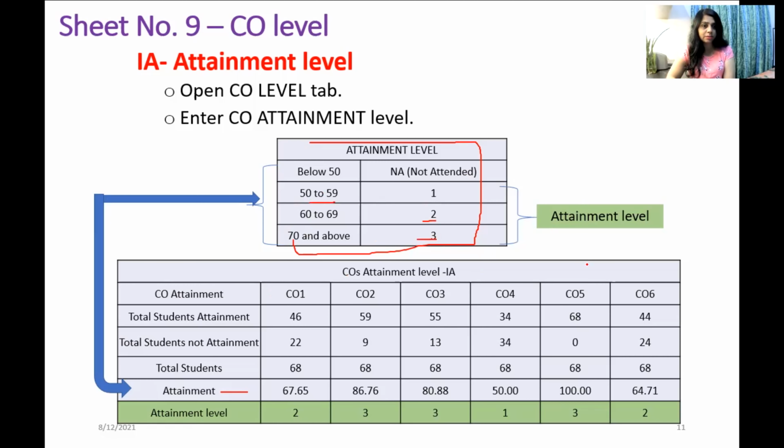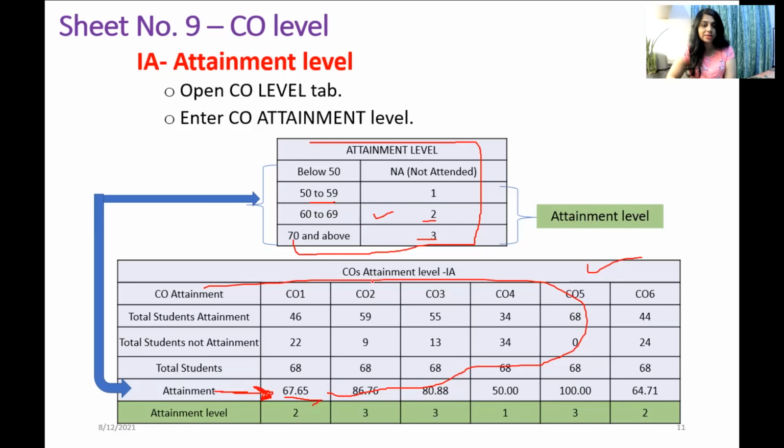Again, this table is available on sheet number 9. Don't enter anything till this. Based on the previous entries you made in the previous sheet, you will automatically get these values in the Excel sheet. Now this is 67.65. 67.65 comes at level 2, so just enter 2. Wherever there is green, you have to enter 2.